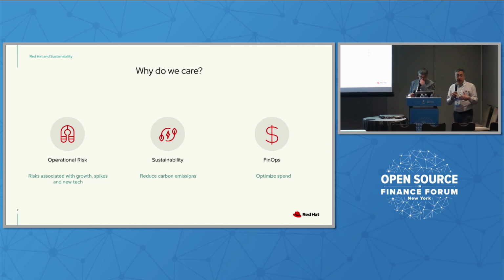And last is the FinOps aspect to it. If we can be consuming and running systems that are more efficient, not only does it make it greener, but quite honestly, it makes the CFO happy. He or she will be happy that we're spending less money. So if we can think about performance per watt or watts per dollar of P&L or anything like that, we can start having different calculations and a different conversation about what we're doing. But the premise here is that we have to understand what's happening with the power, which applications are using power, and how we improve upon that.